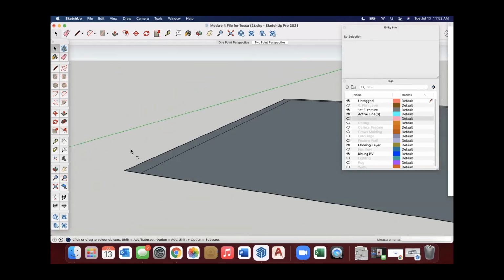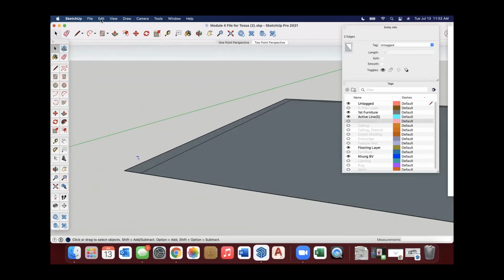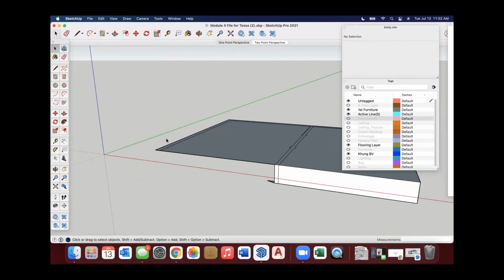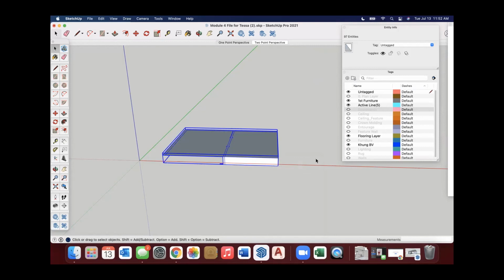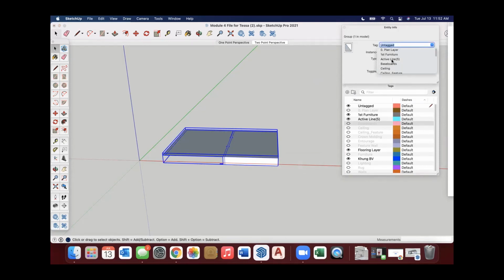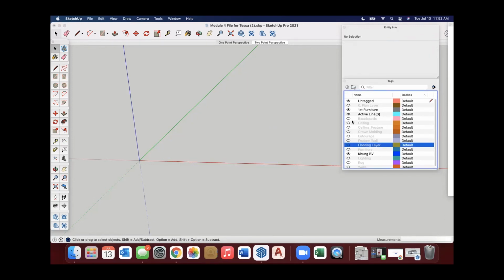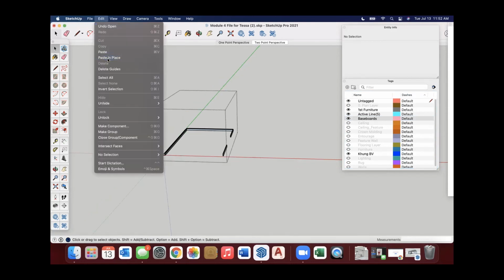This I'm going to cut because this is part of the baseboards. Edit, cut. And then what I'm going to do is take this last little bit, make group. I'm going to apply it to the flooring layer, and I'm going to hide that flooring. I'm going to turn back on baseboards, double click to edit, edit, paste in place.